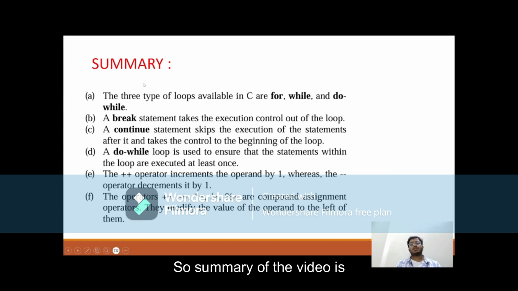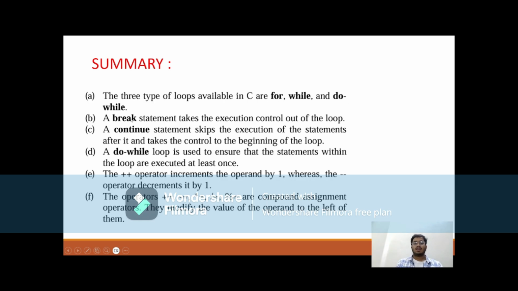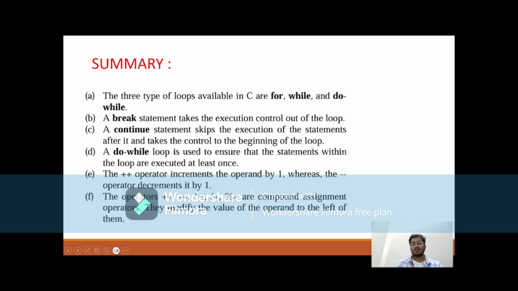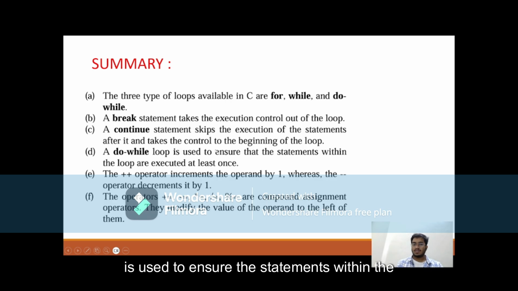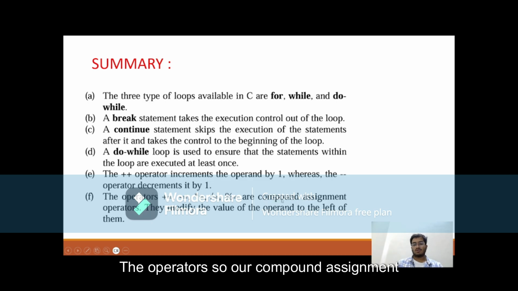So, the summary of the video: the three types of loops available in C are for, while, and do while. A break statement takes the execution control out of the loop. A continue statement skips the execution of the statements after it and takes the control to the beginning of the loop. A do while loop is used to ensure that statements within the loop are executed at least once. The plus plus operator increments the operand by 1, whereas the minus minus operator decrements it by 1. The operators are compound assignment operators. They modify the value of the operand to the left of